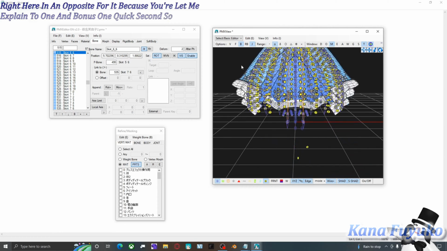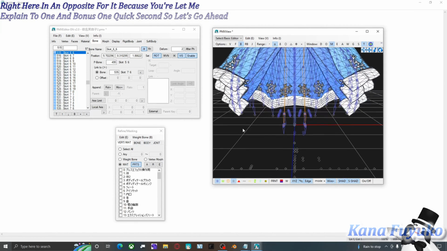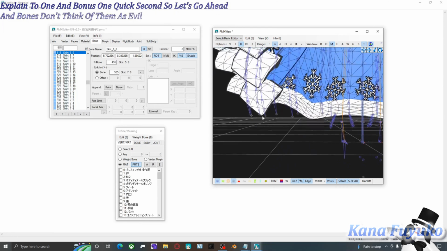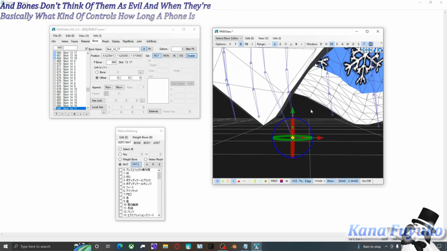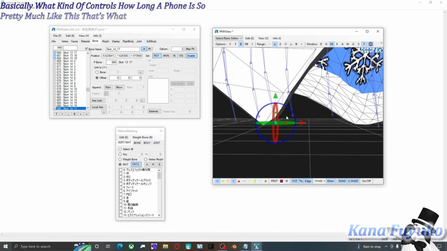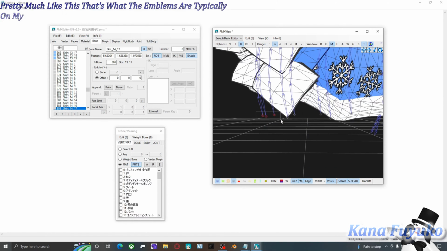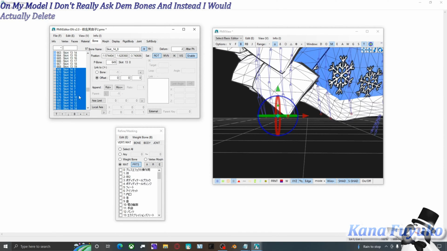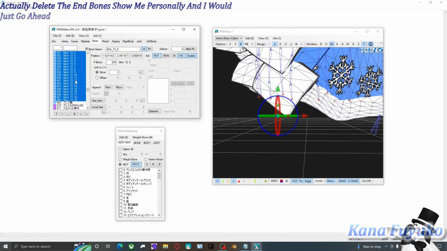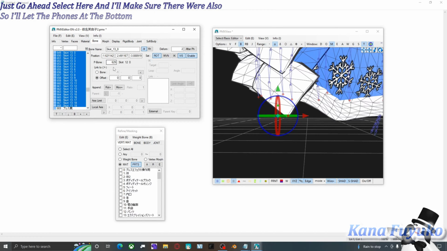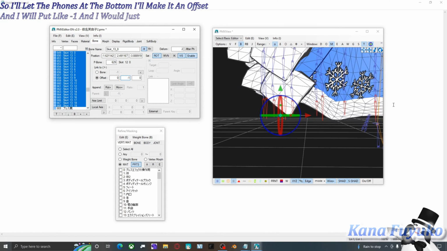So let's go ahead and hide the joints. End bones, don't think of them as evil. End bones are basically what controls how long a bone is. So pretty much like this. That's what the end bones are. Typically on my model, I don't really add end bones, and instead I would delete the end bones. This is me personally, and I would just go ahead, select here, and I would make sure they're an offset. So at the bones at the bottom, I would make it an offset, and I would put it to like -1, and I would just kind of adjust each of the bones